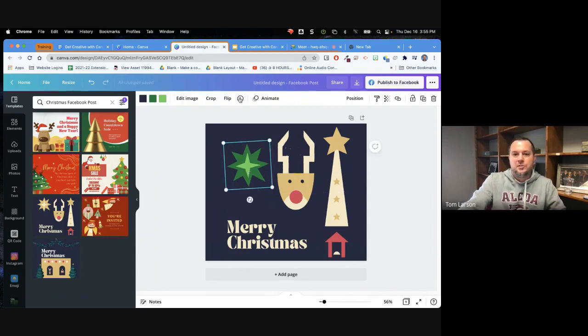Other controls that you'll see at the top here will allow you to photograph, edit the image. That revolves around filters and special effects. You can crop items too, and crop is a little trickier if you've not used Canva before. If you click the crop tool,